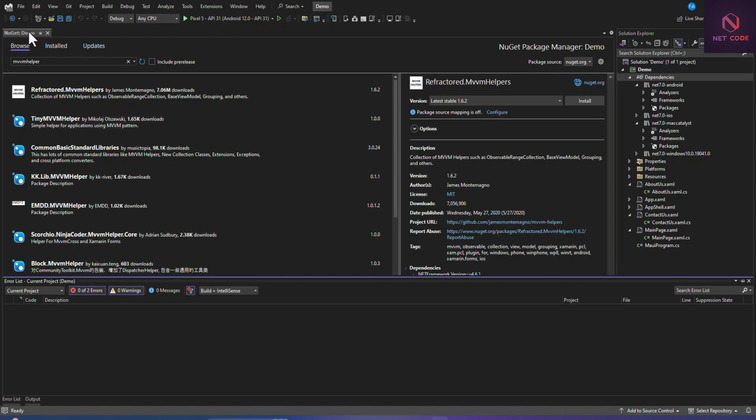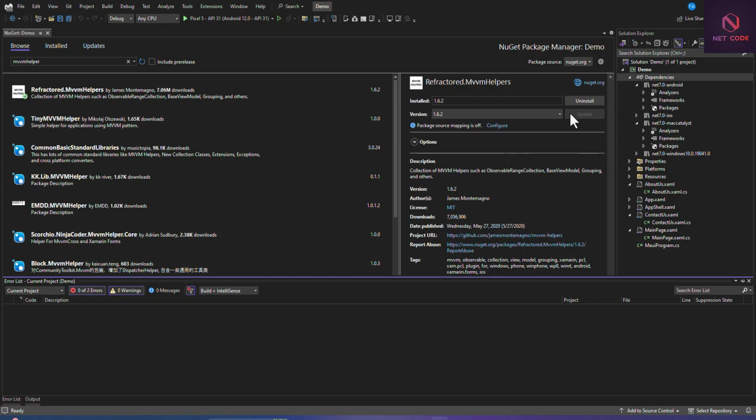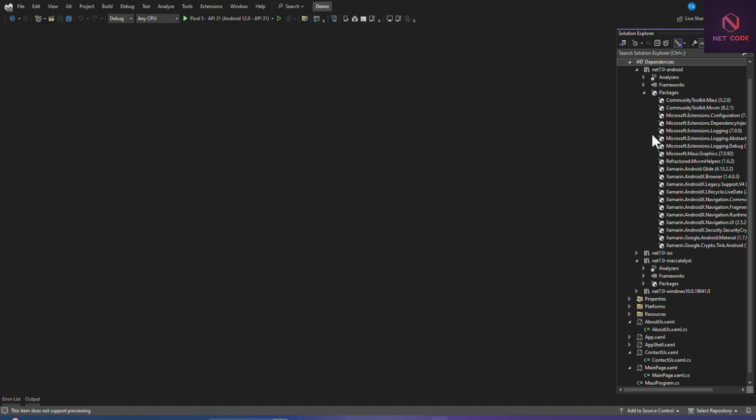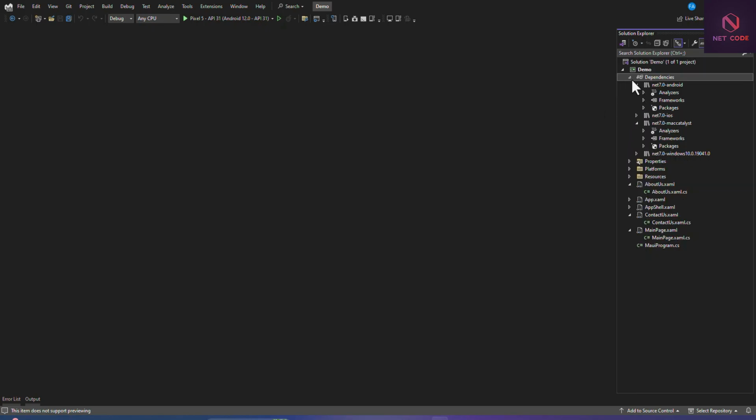So it is now installed. You can see that from here it has changed from install to uninstall, meaning it is successfully installed. We can close this. Now if you open the packages, you can see we have community toolkit.mvvm, and we're going to have the refactored.mvvm helpers. So these are the two packages that we are going to be using today.